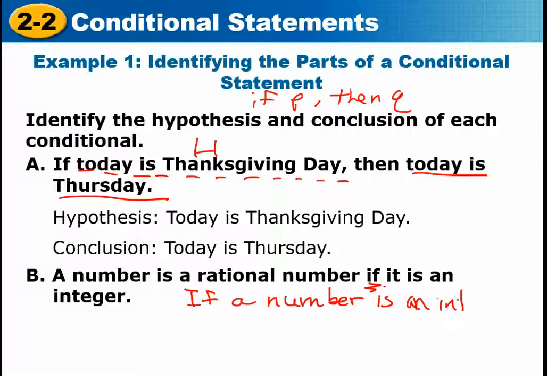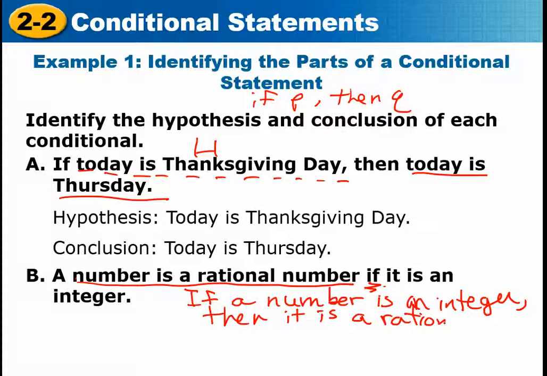So I'm adding a word in there to make this make sense. If a number is an integer, then, now I'm going to go back to the beginning part. Now I don't have to write a number is a number, a rational number, so I can say then it, I already used the word number, is rational or a rational number. So we're rewriting it in if-then form, and then we can tell that the hypothesis, that's the part after the